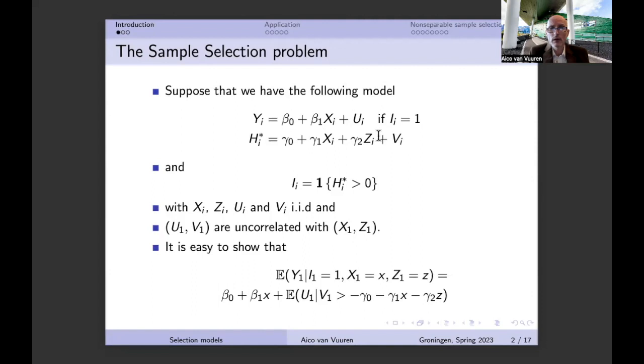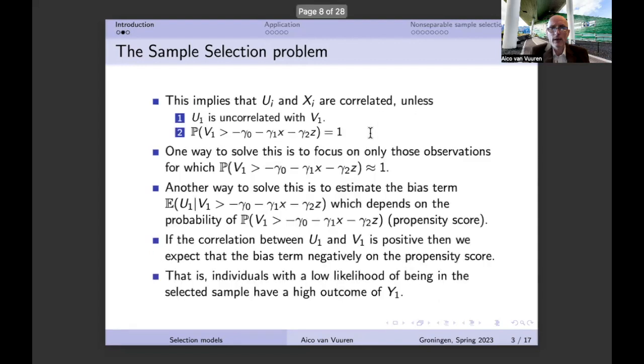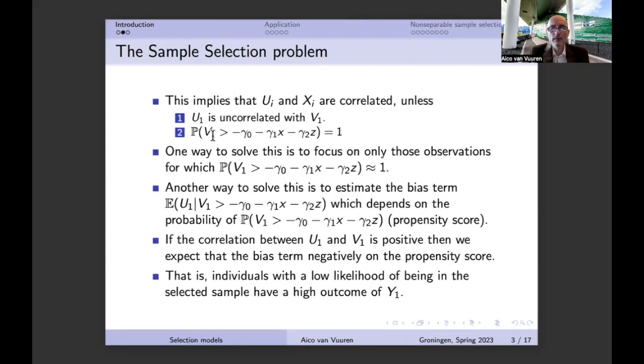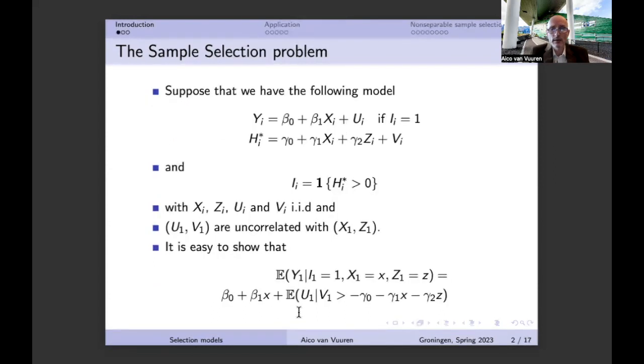And that means, of course, that conditional on your x and z, that is the probability that you actually have an I equal to 1, this I that we have over here, and that you actually do observe this yi that we have over there. Well, if this propensity score is exactly equal to 1, then we should realize that we can still use ordinary least squares. The reason is that if the probability that phi1 is larger than minus gamma 0, minus gamma 1 x, minus gamma 2 z is equal to 1,